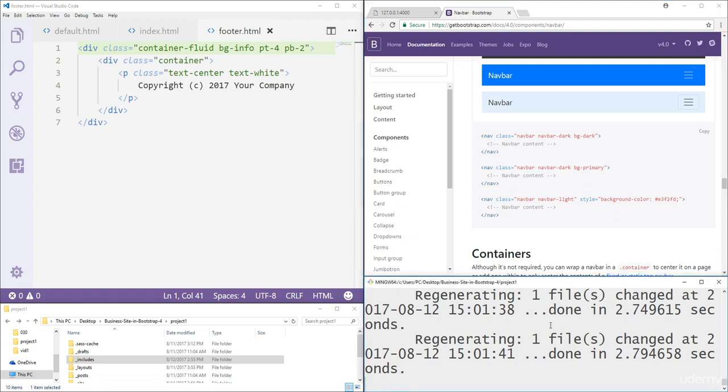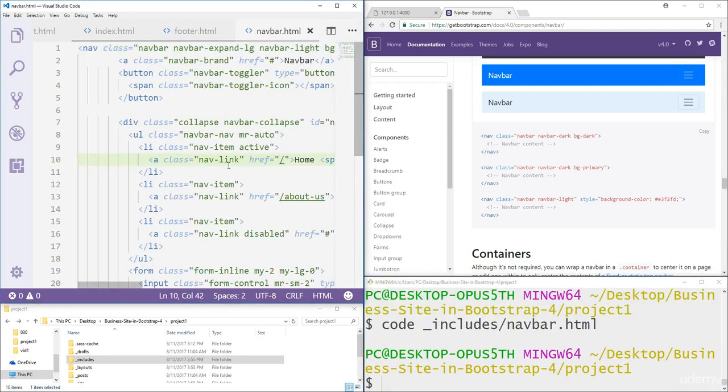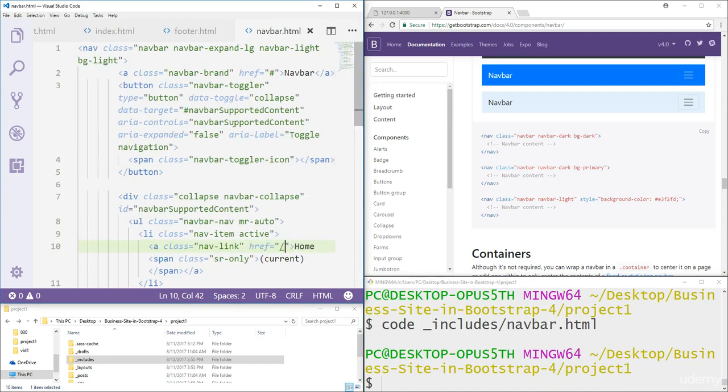bg-info. So let's Control C here, and let's go code includes navbar, and once it opens, we need to hit view, toggle word wrap, and we need to add navbar, navbar dark, bg primary. So it's going to be navbar, navbar dark, and instead of bg primary, we'll say bg info, Control S,